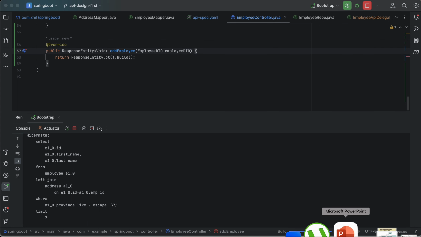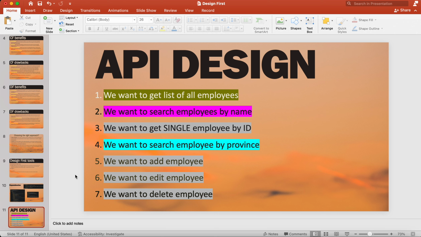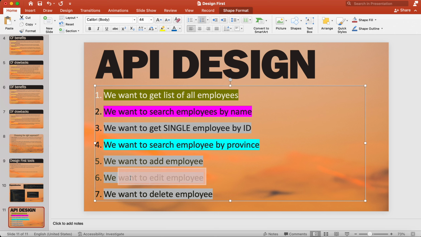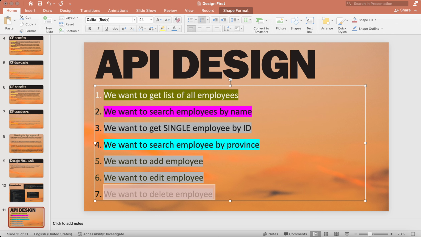Let me go straight to the other part, which is the editing. Or maybe I shouldn't do the editing because it's almost similar to this one. The one that I can perhaps try is the delete. Okay, I'm going to skip this one and go straight to the delete